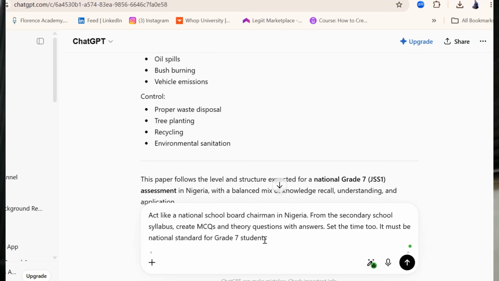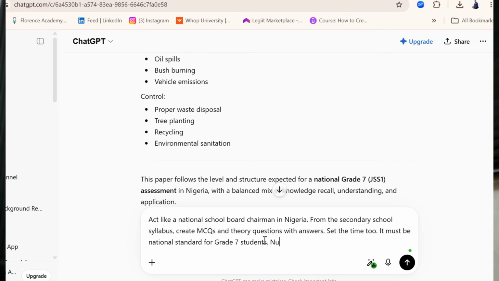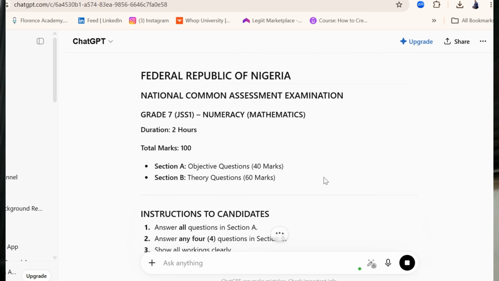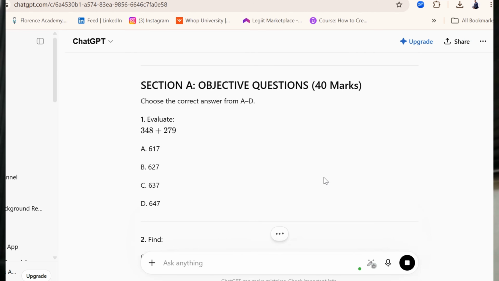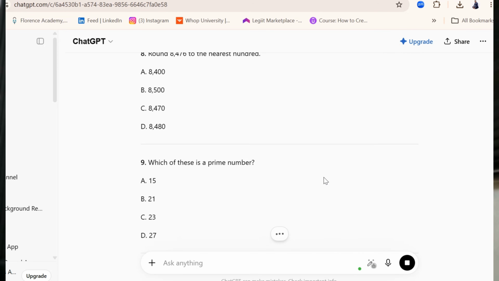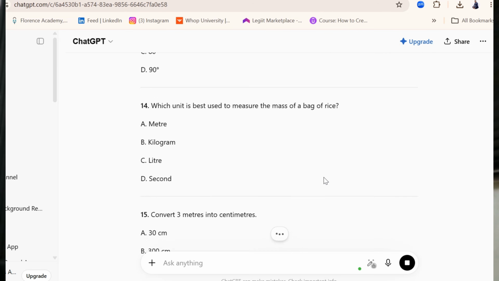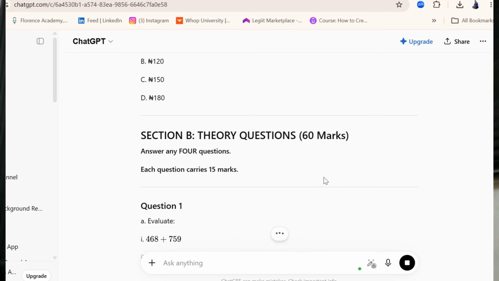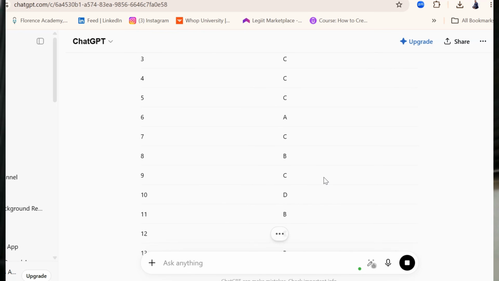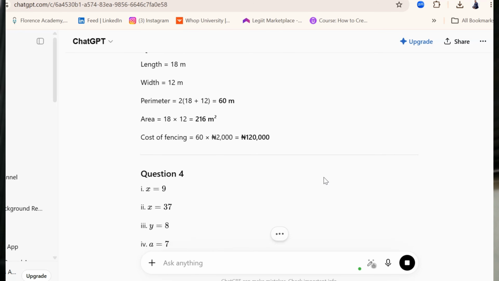Okay, this is how you use it. In fact, I'll make it so easy for you that you don't need to do a lot of things. Look at what I'm going to do now. I say, use the Nigerian syllabus. Sometimes you need to copy the syllabus and give it to your AI, but in this case, you don't have to. Just tell it, use Nigerian syllabus, use Ghanaian syllabus, use the UK syllabus, use the US. Mention the specific syllabus you use anywhere in the world. Say, use this particular syllabus